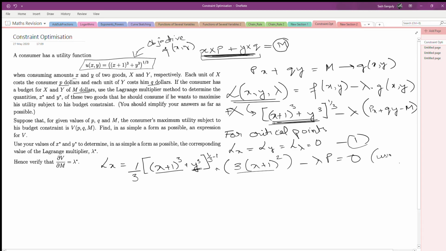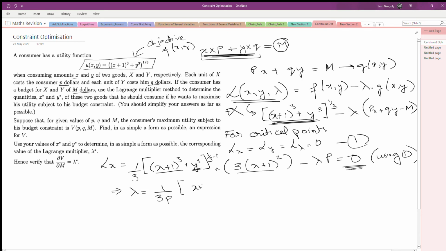Using 1. So I'm just using 1 to say why it's equal to 0, right? We can obviously simplify this further. Remember in class I told you that it's always best to use this relation and right over there write down what is lambda. Lambda would then be equal to 1 by, if I take minus lambda p on the right hand side and divide both the sides of the equation by p, then it should be 1 by 3p